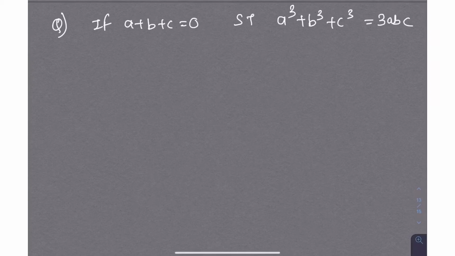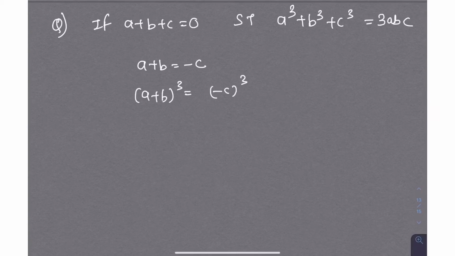So now what we are going to do is, we have this data a plus b plus c equals 0. So we'll be writing a plus b is equals to minus c. We'll be shifting c on the right hand side. Since we are shifting c, its sign is going to change. Instead of plus c, it will become minus c. Now the next step will be, obviously we want a cube, b cube and c cube now. So we need to cube both the sides. So we'll get a plus b the whole cube and minus c cube.